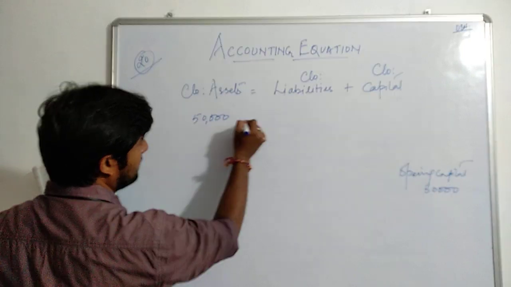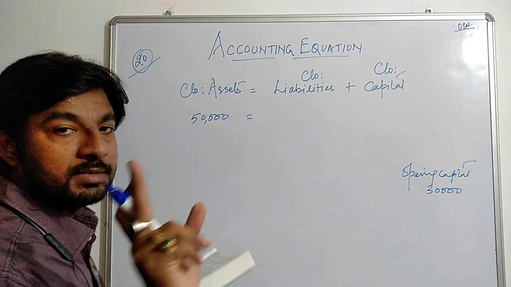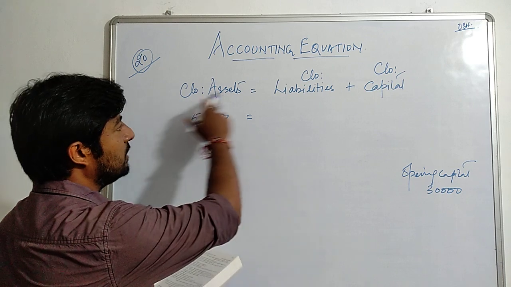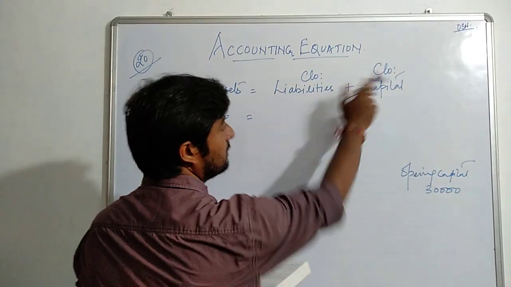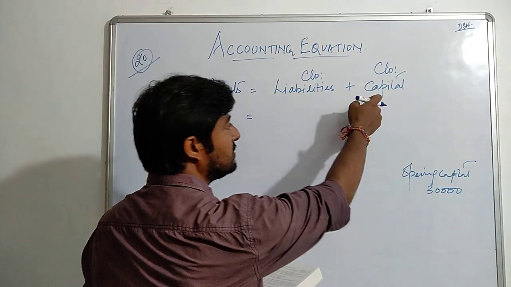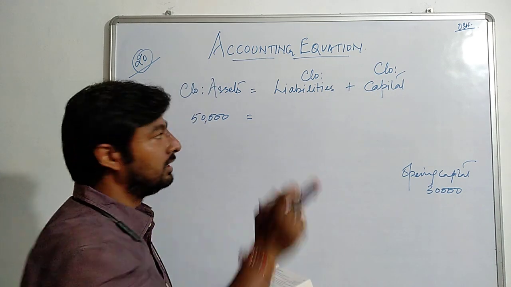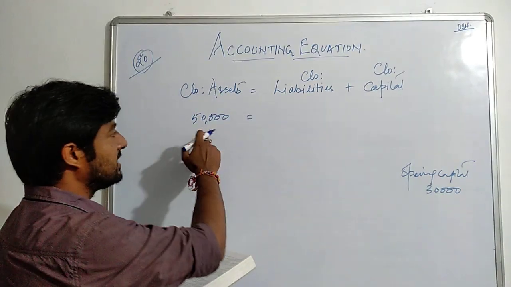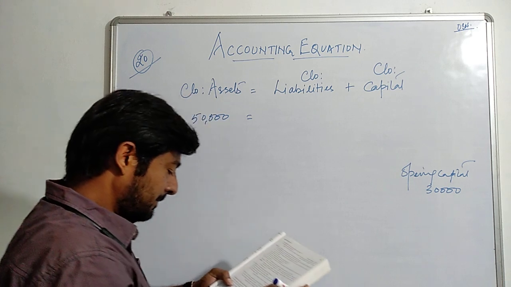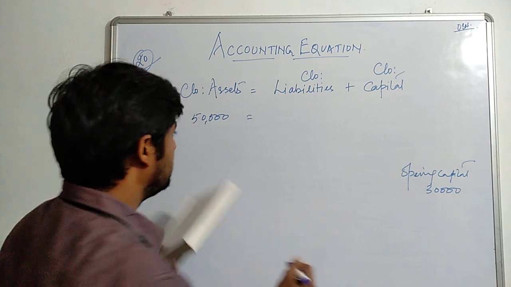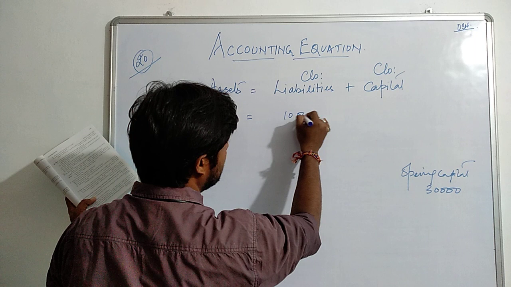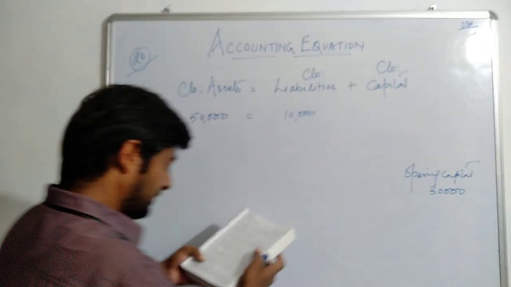Closing assets are there, right? आप सब मेरी बात समझ गए ना अच्छे से? इक्वेशन जब लेना है ना तो क्लोजिंग के ही सब लेना. ऐसा नहीं कि ओपनिंग का एक जगह रख दिया आपने, वो गलत हो जाएगा. क्लोजिंग के ही सब लेने हैं. तो क्लोजिंग एसेट था तो मैंने क्लोजिंग एसेट ले लिया यहां पे. एंड लाइबिलिटीज 10,000. क्लोजिंग लाइबिलिटीज है 10,000 मैंने यहां ले लिया.